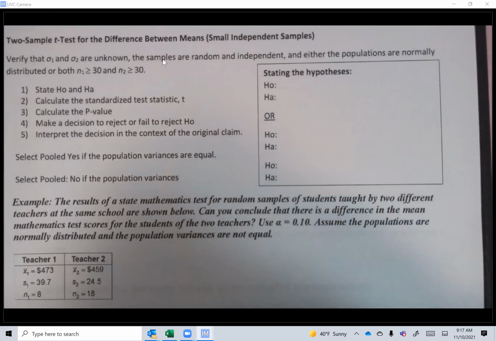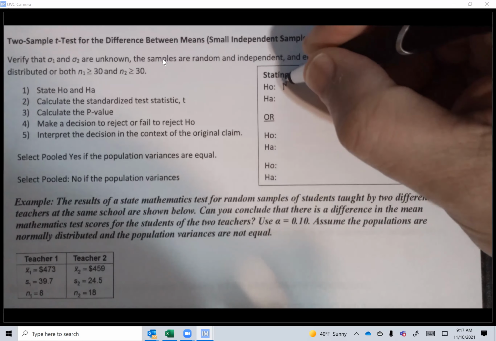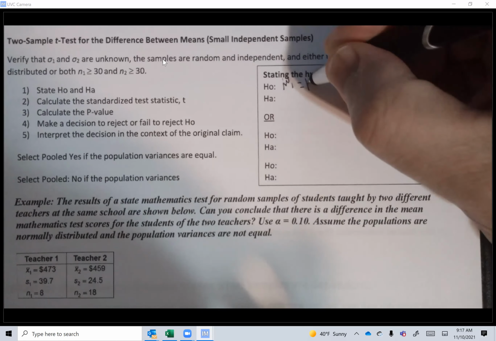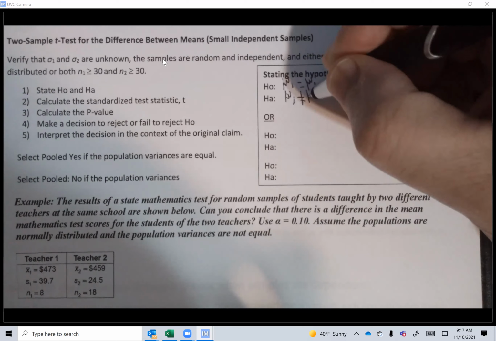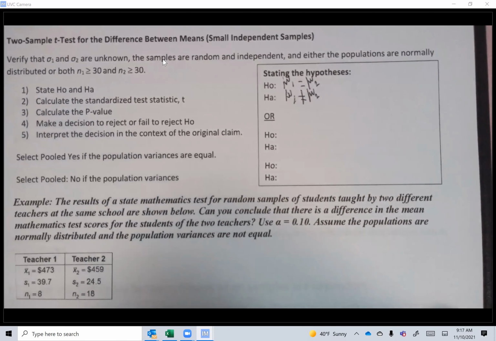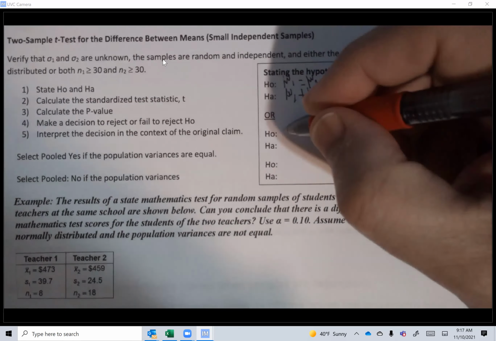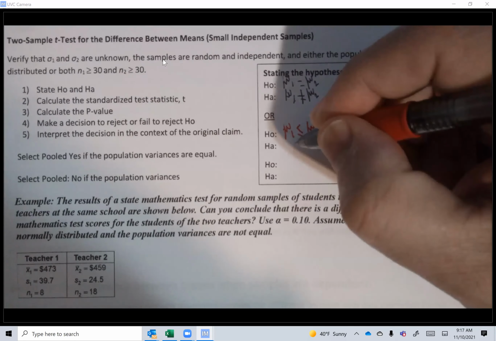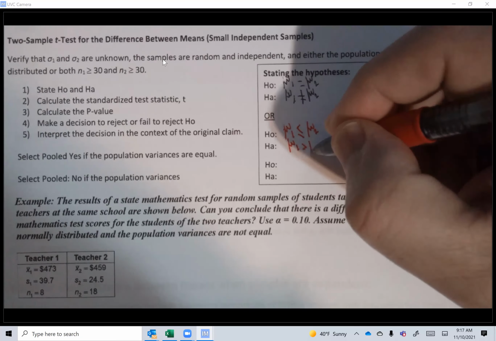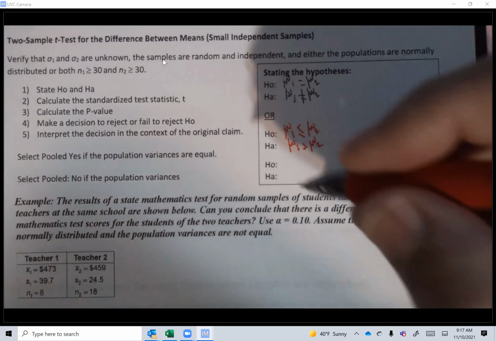Now, how do you state the null and the alternative hypothesis in this section? It's the same thing, guys, as the previous section. Either you're going to have mu1 equals mu2, and then mu1 not equal to mu2. That's a possibility. And I'm very sure, guys, you should know the rest. I hope that you do know the rest. Mu1 less than or equal to mu2. Mu1 is bigger than mu2. That's an option. And the last option,